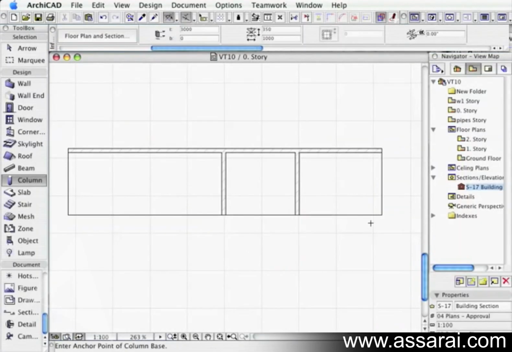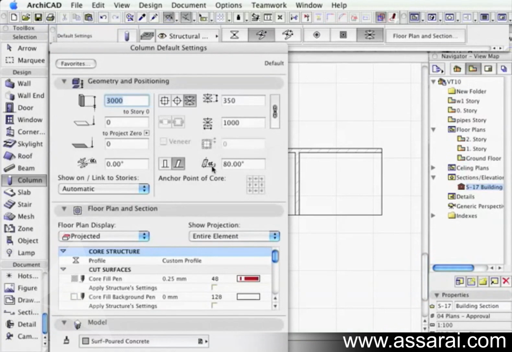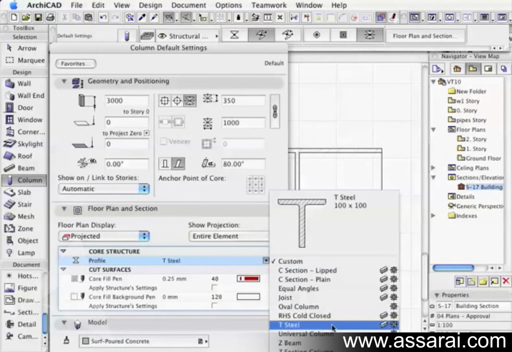There's a detailed section on making complex profile beams, columns and walls in another movie on this DVD, but I'm just going to quickly go over making a column that's a complex profile. So if I go onto the column there and select this icon here,